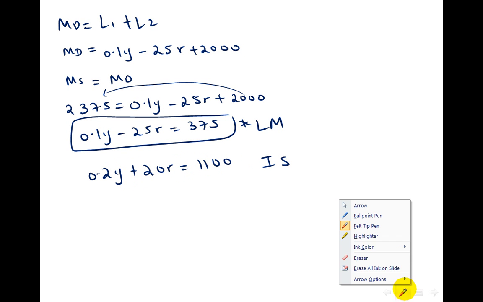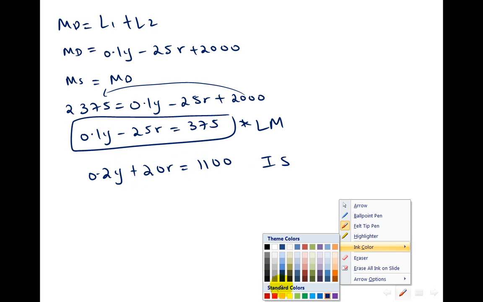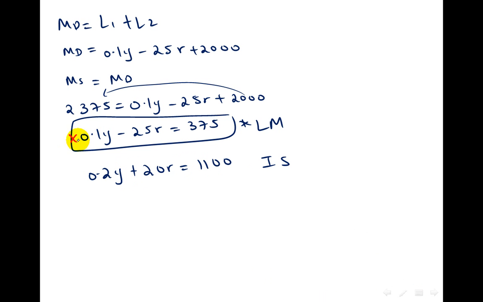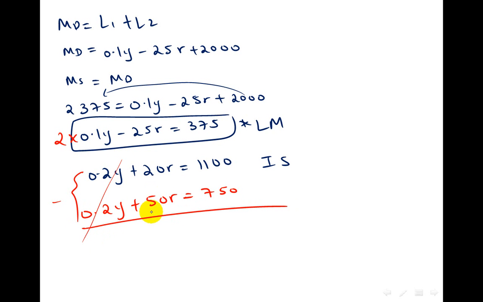So here to solve these two together, you have to eliminate them. But to eliminate this, you have to multiply this one by 2 so that you can have both 0.2 and 0.2. So once I multiply this one by 2, you'll find 750. I multiplied the whole thing here by 2, so that, as I told you, you can have 0.2 and 0.2, and I can cancel them out. So if you eliminate these two, this will be cancelled, and here you'd have,